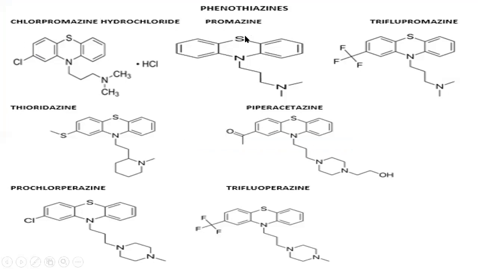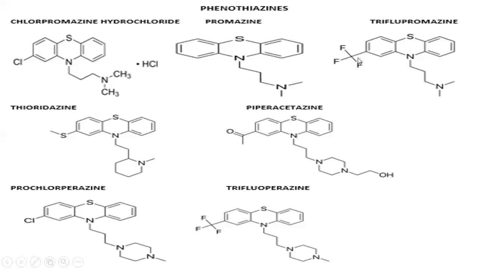So this is the structure of the basic phenothiazine ring with substitution in the nitrogen atom at the 10th position. You can see these three compounds: chlorpromazine, promazine and triflupromazine. They are related. The only difference between these three structures is, compared to promazine, chlorpromazine has an extra chlorine atom. You can see here, there is a chlorine atom in the second position. Then in triflupromazine, the second position has the